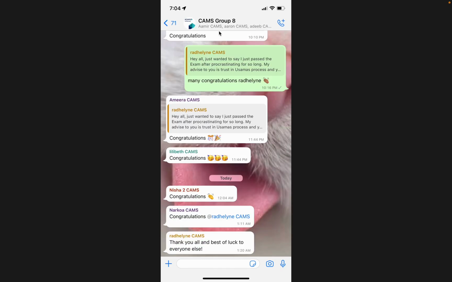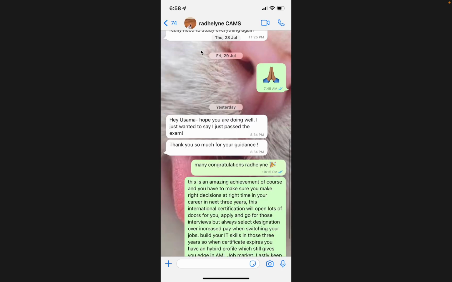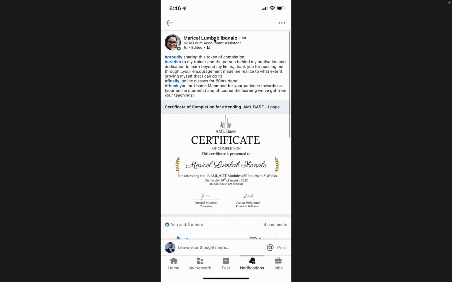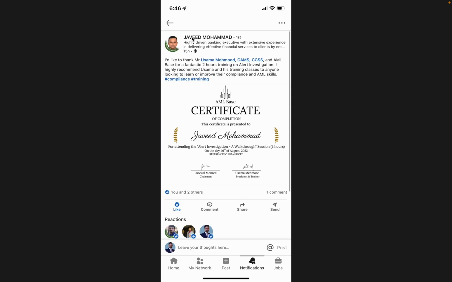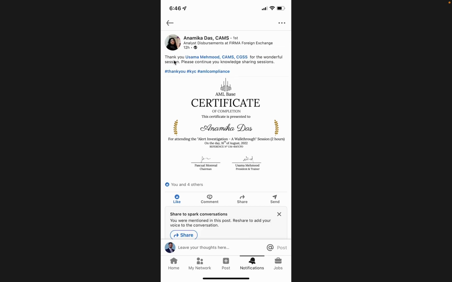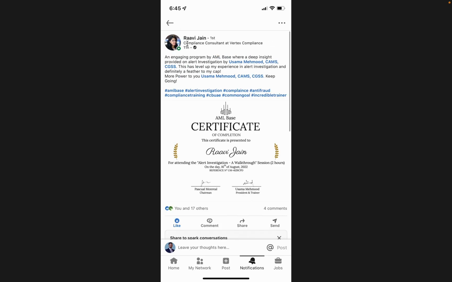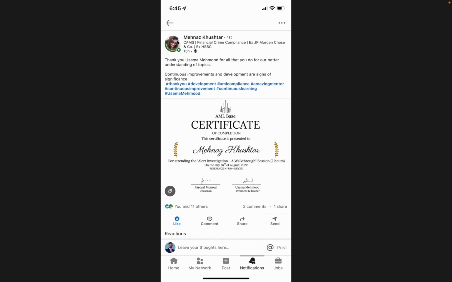Group 8 started in January earlier this year, with 110 participants. Redline is, I think, from Canada. She's from UAE. This guy is from Canada as well. This guy is living in the UK, from India. Living in the UK and from India. She is from India. She's in UAE, living in UAE, from India. Same as she's also from India,